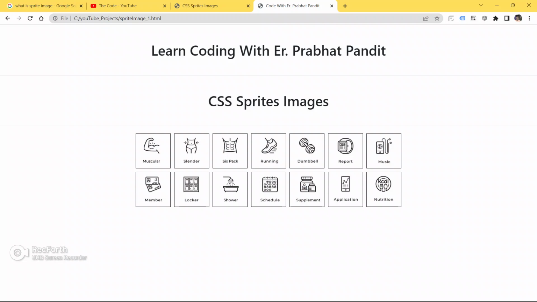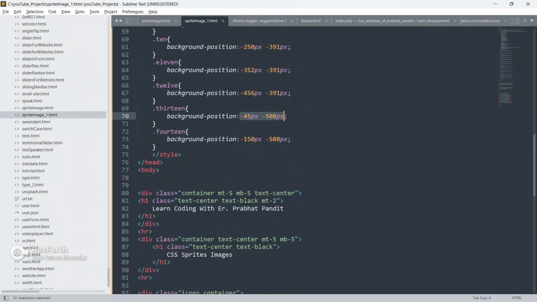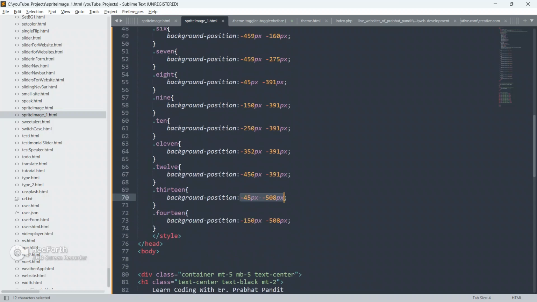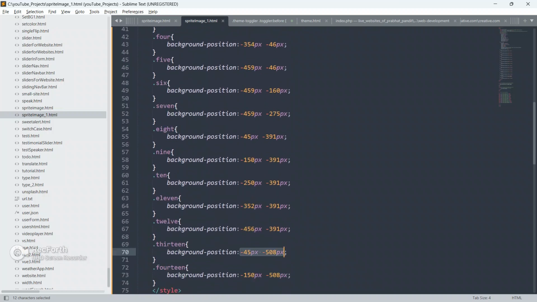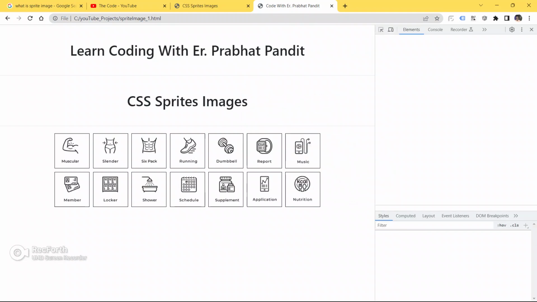I can have different images in different boxes. It's up to you which image you want to show and which image you want to hide. You are free to change this background position according to your requirement. You are free to change images, hide images, and show images inside the CSS sprite image. Okay guys, so just refresh your page.